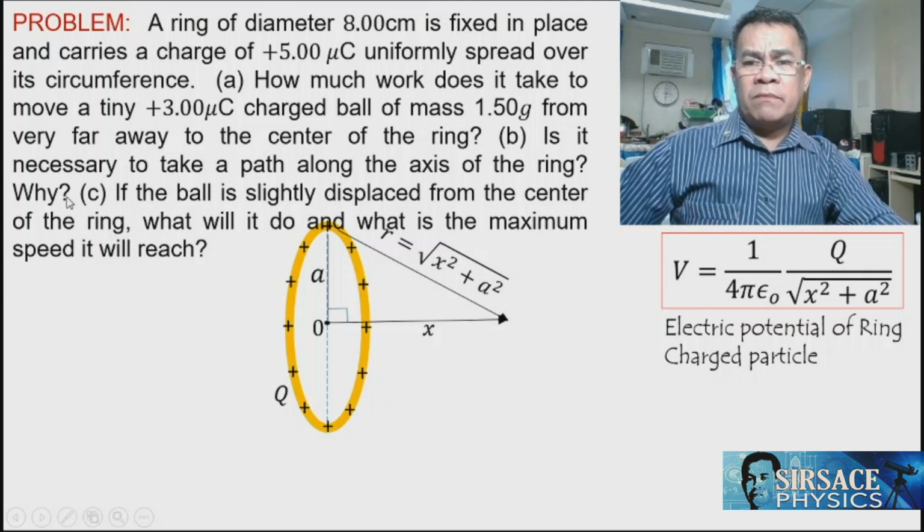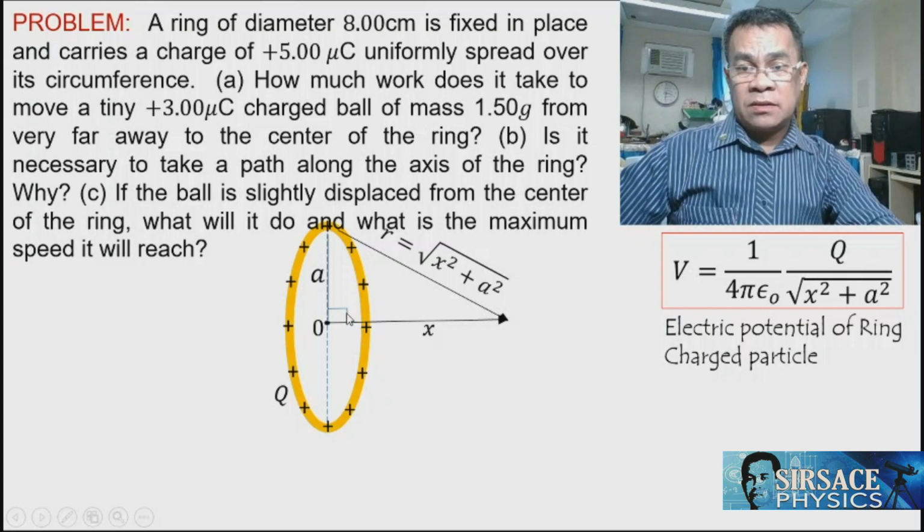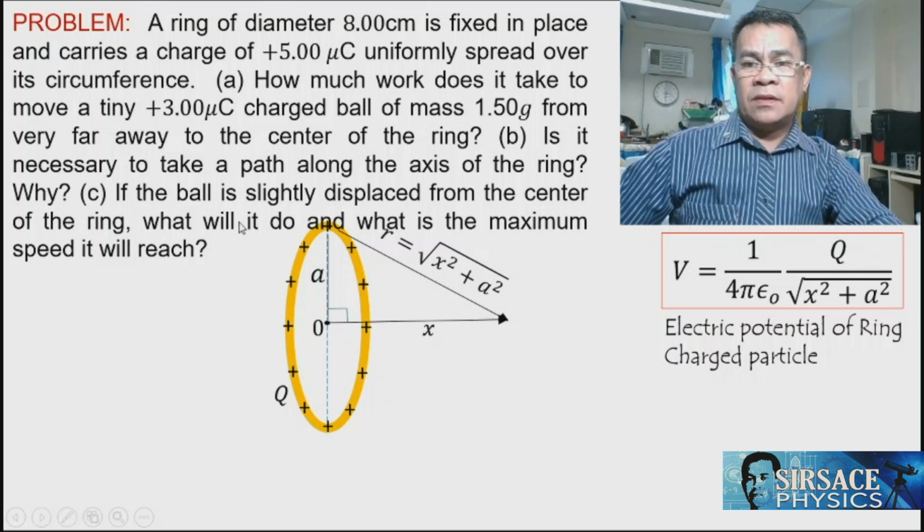Letter B: if the ball is slightly displaced from the center of the ring, therefore, if we have this charge here and we displace this charge, which is 3 microcoulombs, slightly away from the center, what will be the resulting effect? Then you are asked to solve for the maximum